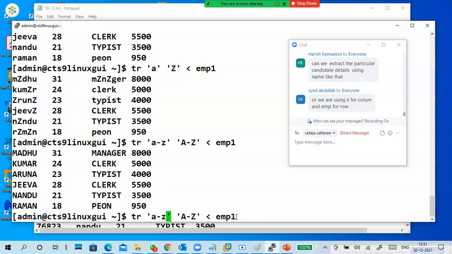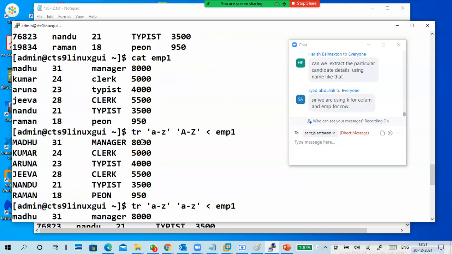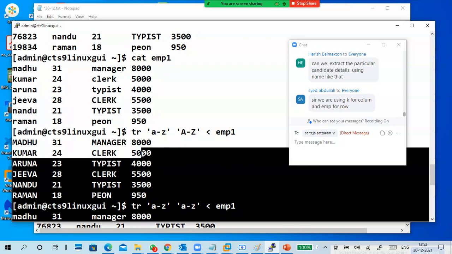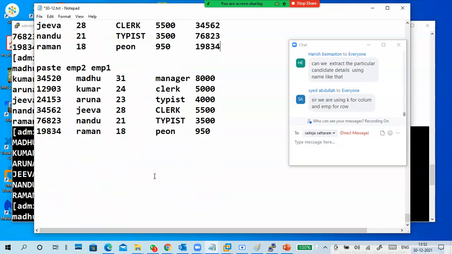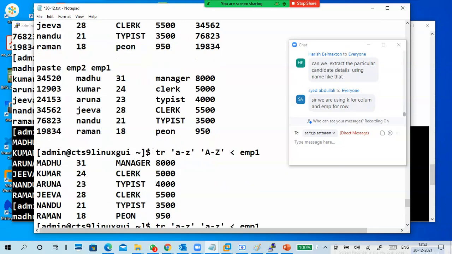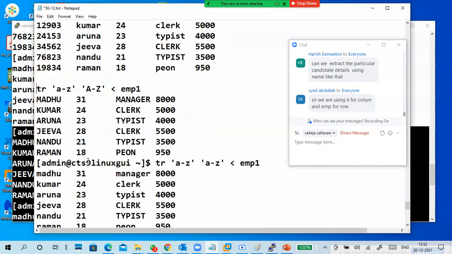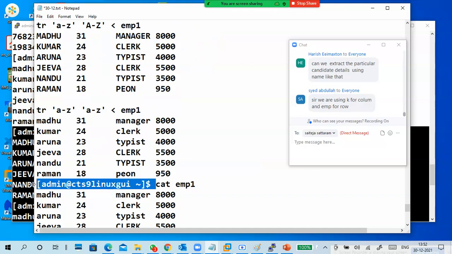This is called translate. That's the theory part. I am giving only commands here, practically what the output is if you do it. But for theory, names and options, you can go to the PPT.